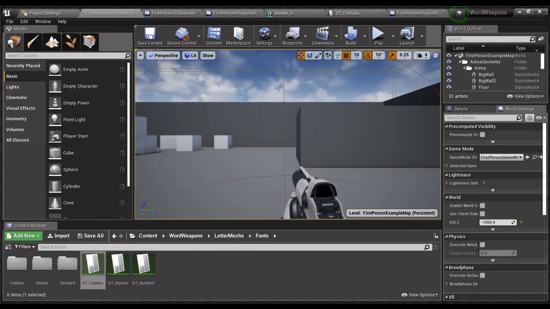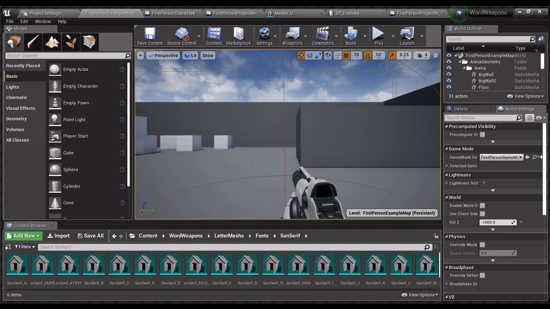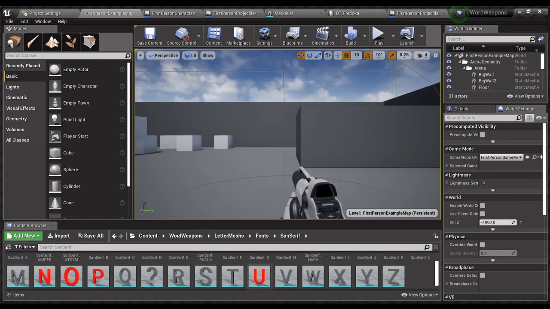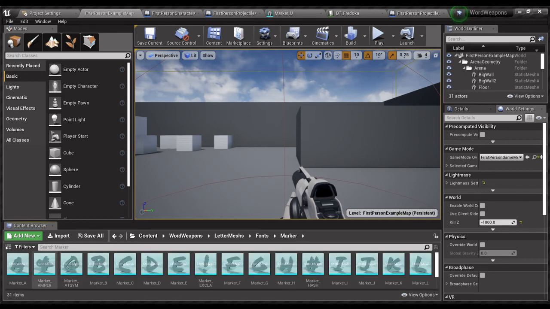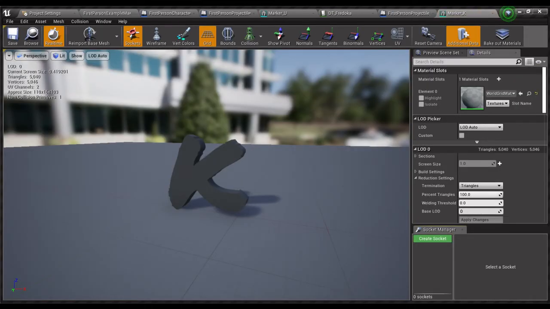The last thing that I'm going to talk about quickly is the vertices. So the sans serif static meshes have quite a low vertex count, but some of the other ones, in particular the marker one, have quite a high vertex count. This is intentional for legibility reasons. If you would like to decrease the vertices for optimization, there's a very simple way to do that. You can just double click on them,